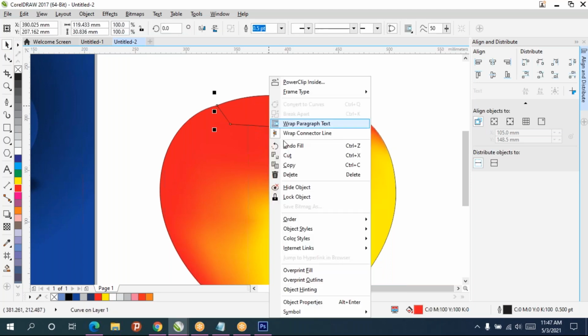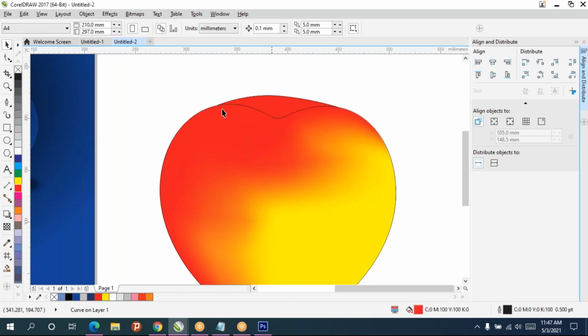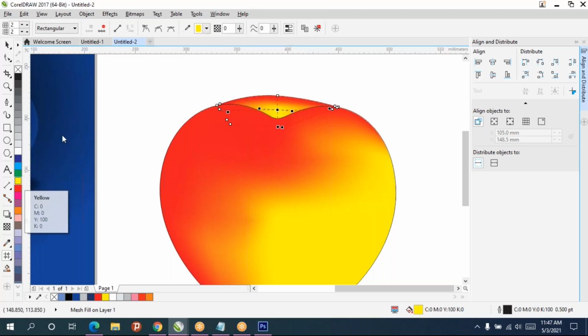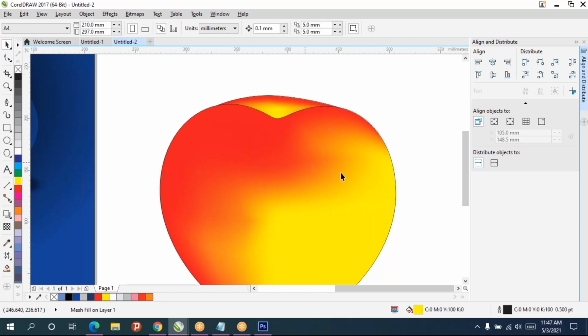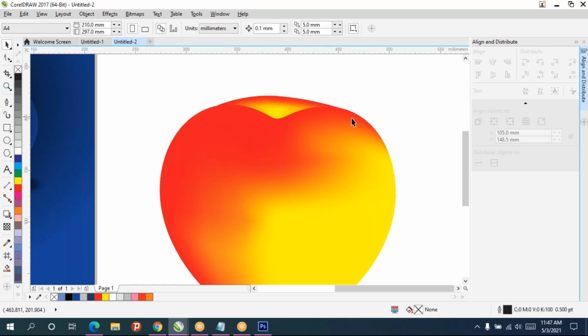Select the object, right click, order, send to back of the page. So same thing, for that I'll apply mesh fill and select the points, give the colors. And this one you can remove the outline. For this one also I'll remove the outline.